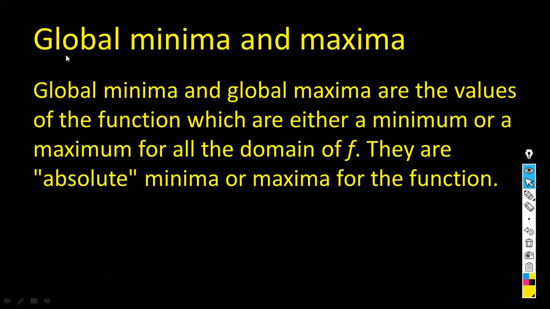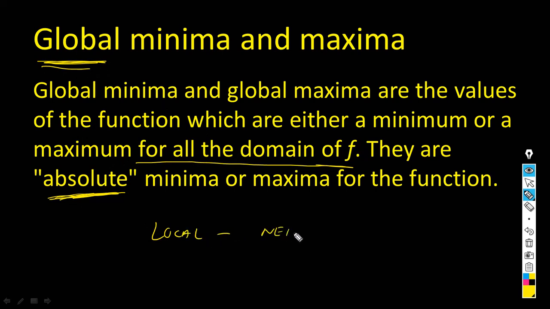On the other hand, global minima and maxima. What is this? Global minima and global maxima are the values of the function which are either a minimum or a maximum for all the domain of f. Now here's the key phrase: for all the domain of f. They are absolute minima or maxima for the function. So I want your mind to match this word global with absolute. Global, absolute, local,